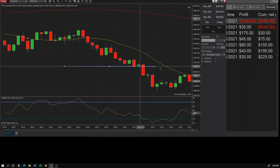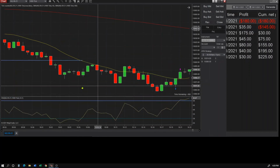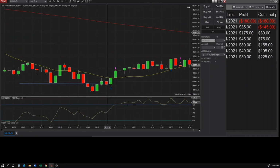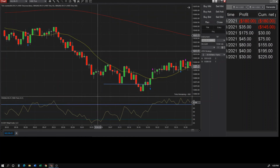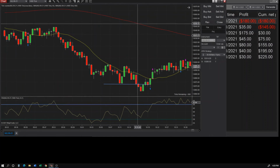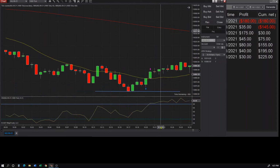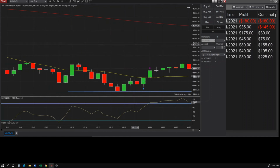So yeah, the market is still in a downtrend, and I missed tons and tons of opportunities like right here, right here. But because the 20 moving average was so far away from the 200, I just knew that I should wait for buyers and buy instead of shorting this move. But I mean, you can make money both ways. I just decided to be patient and sit out on all the short plays. So right here,